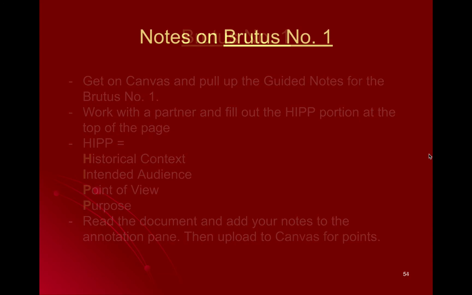Brutus No. 1 represents the main issues that Anti-Federalists felt were problematic about the Constitution. Remember, the Anti-Federalists do not want to ratify the Constitution, and one of their main issues is that they believe the federal government created was too large, or that there were not enough checks and balances to make sure that the federal government remained small and allowed the state governments to do most of the work. And there are two parts of the Constitution that are controversial, even to this day.